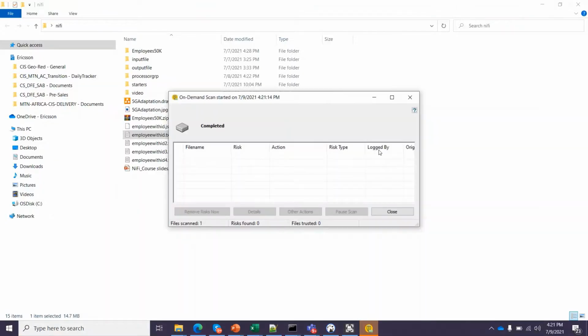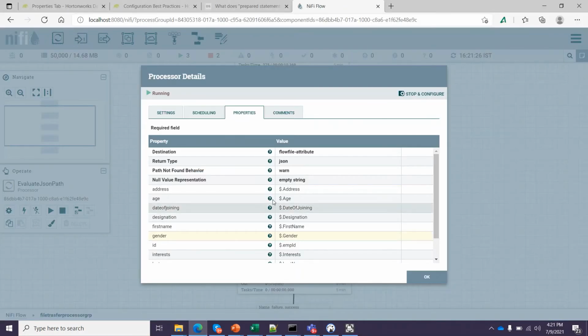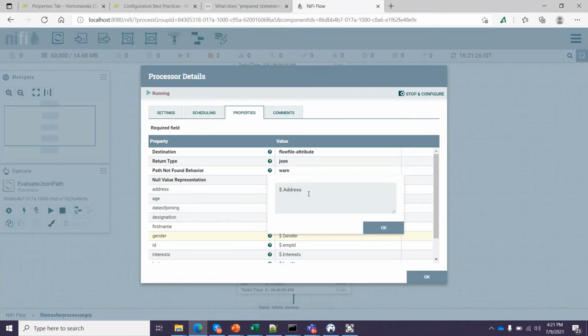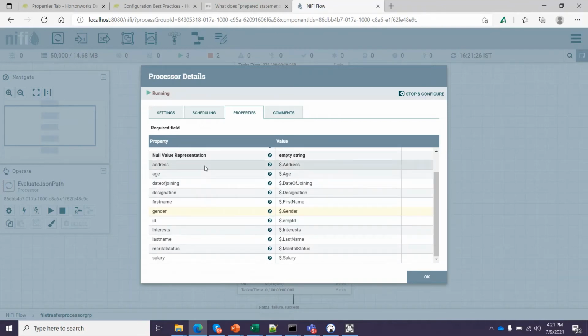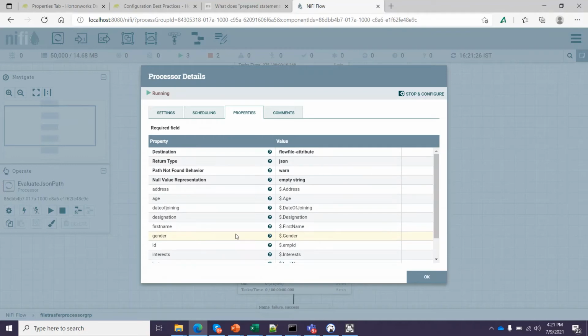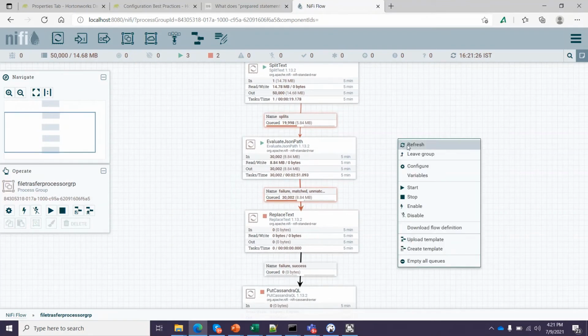So my JSON path executed to get the details of the JSON attribute and put it into a flowfile attribute. All these attributes I can use in my expressions going further. Let's refresh.